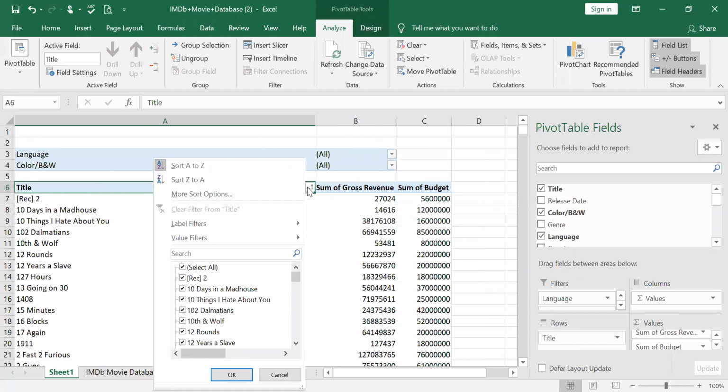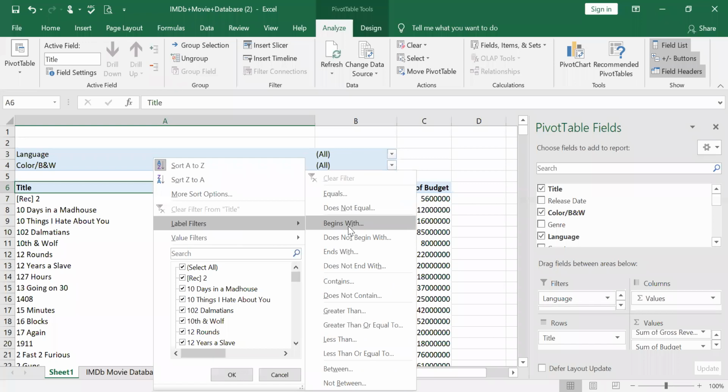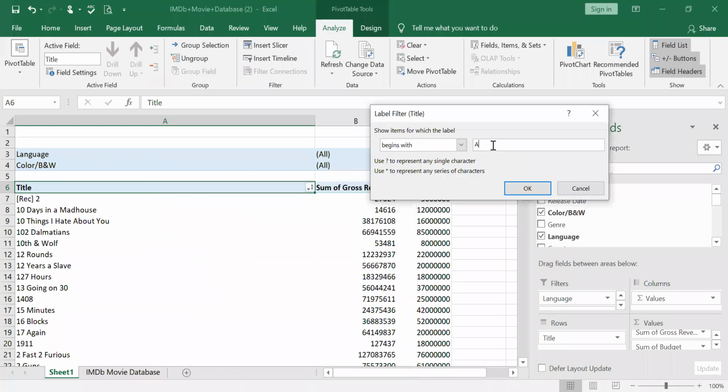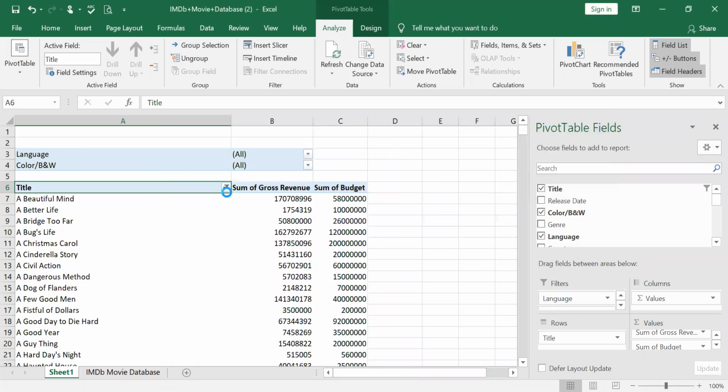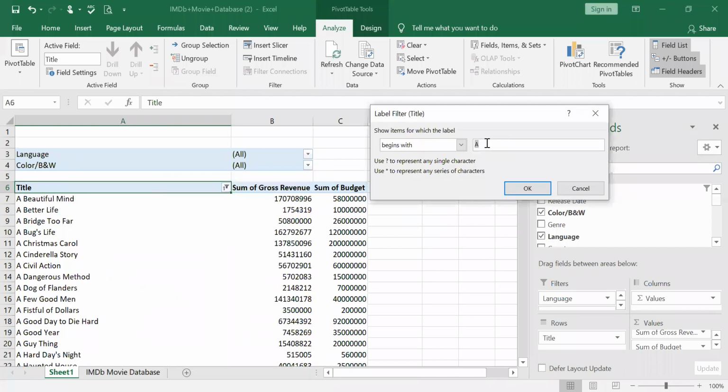Next one, I just want to teach you the filters with wildcards. For wildcards, we normally use symbols like the question mark and the asterisk. So how do we use these question marks? Let me just use begins with. For example, if I just give A, I will have all the movies that start with A. Very good. Now again I go to begins with A, with one question mark.